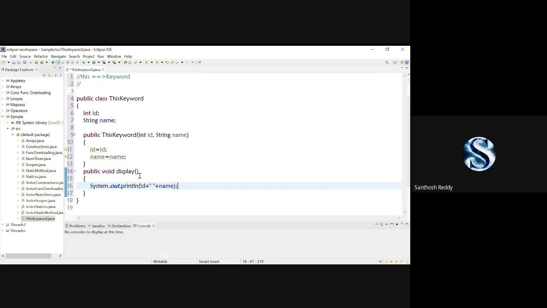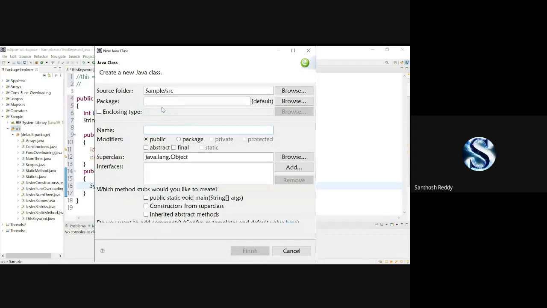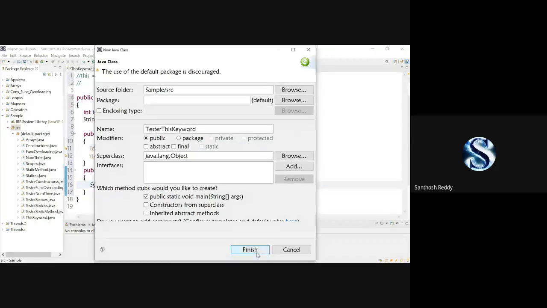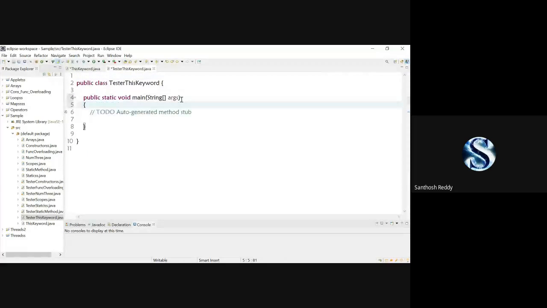Now I'm going to create a tester class, a new class, tester for this keyword. Now I'm going to include public static void main. Now I'm going to create an object here for the class this keyword.